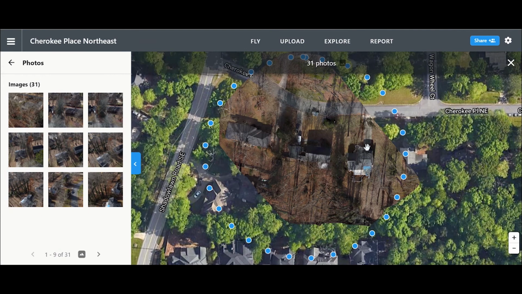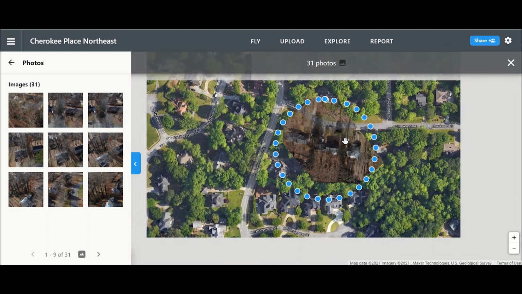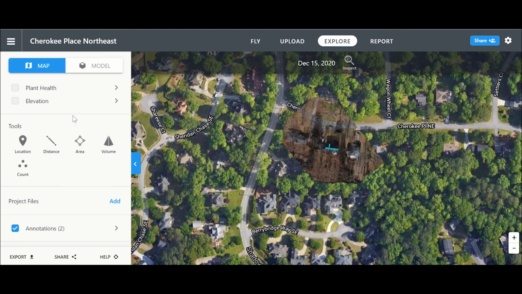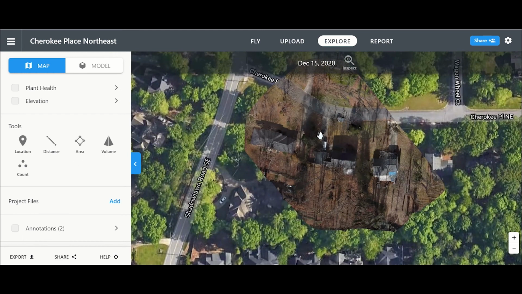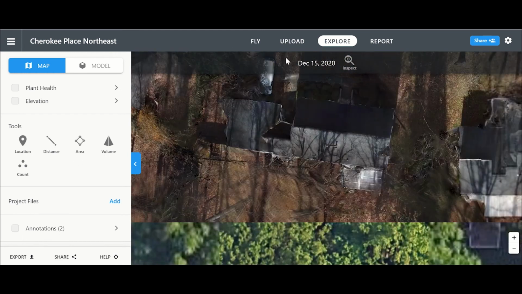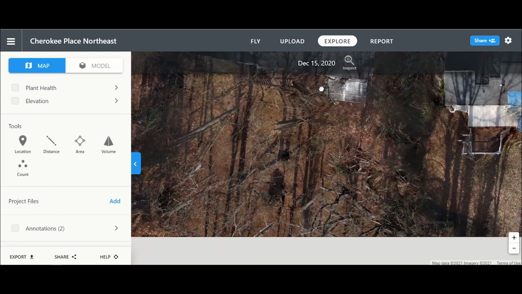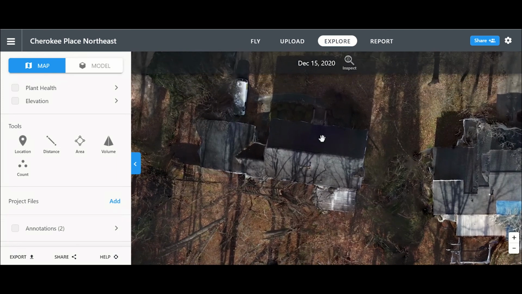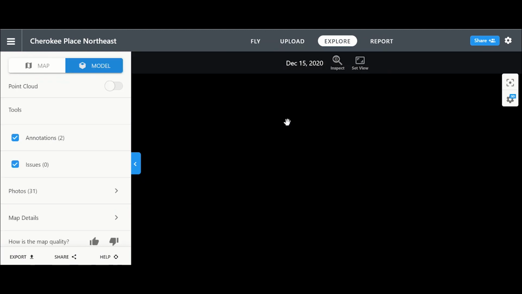Here is another map I made a couple weeks ago. And for this one, I decided to just do an orbit around the property to see what I would end up with. And in the 2D format, it looks pretty good. You can clearly see the property. The backyard, some of the trees look a little wonky here, so didn't get the clearest view of everything. In the